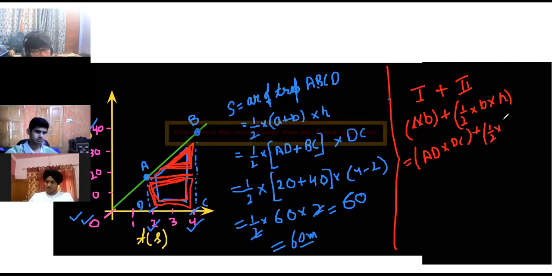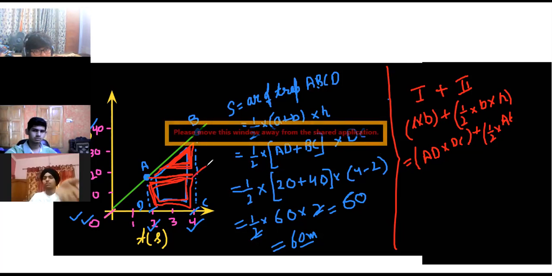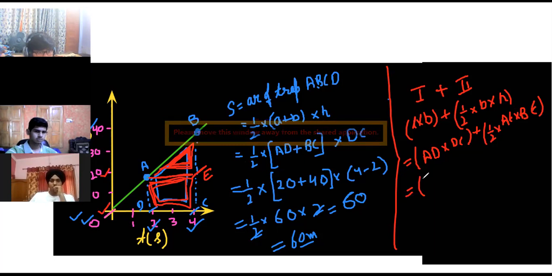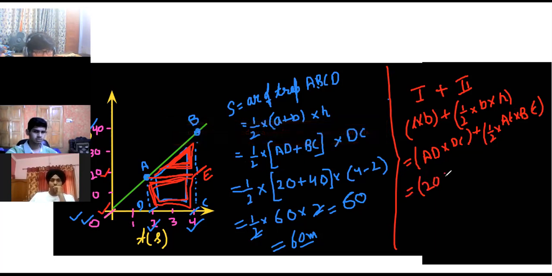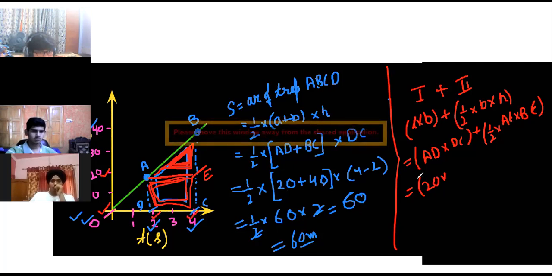Okay, half into triangle का base है हमारा A से, let's say this point is E. This side is not given, we can take it as E. Multiply by height. Height of triangle is BE. Okay, AD की value, AD, it starts from 0, go till 20. So it is 20 minus 0, 20. Multiply by DC. DC starts from 2, goes till 4. So 4 minus 2 is 2, plus